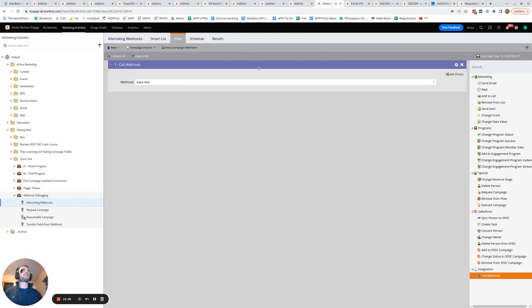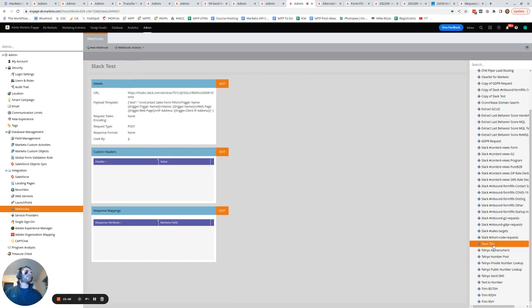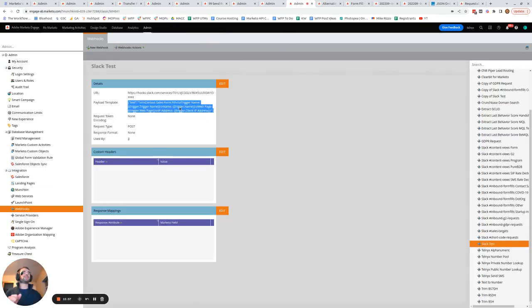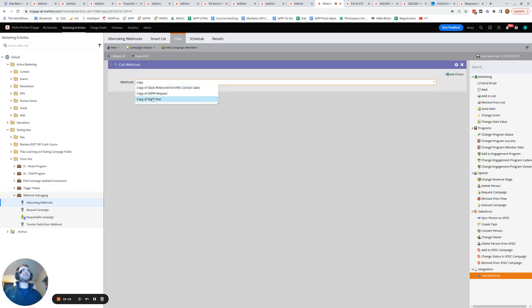using the example of Slack test, if we make a change to the payload template here, and then we re-trigger the smart campaign, and we see that Marketo is still sending the old payload template, what we should do is clone this webhook, as I've done here, make the change to the payload, and then pull in the cloned webhook in here, and then re-trigger this smart campaign to run, and then that will send the cloned webhook with the new payload